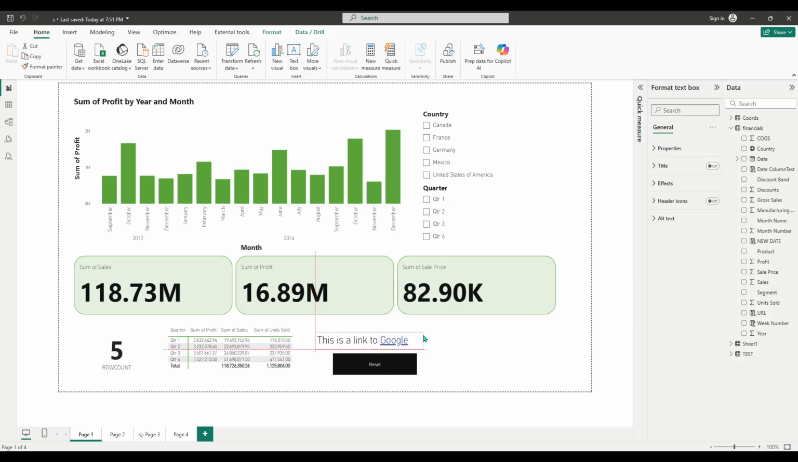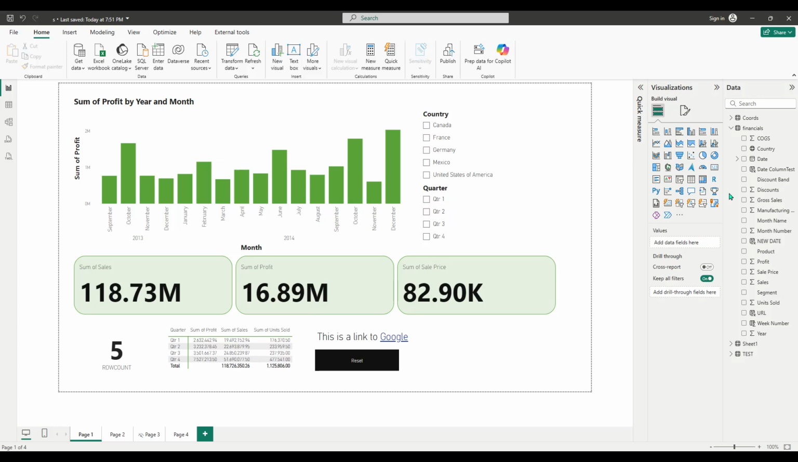Look to the right of the report canvas and find the Visualizations pane. This is where all the visual types live. If you don't see it fully, expand it so you can view all your visual options. As you browse, move your mouse over a visual icon to display a tooltip that tells you exactly what that visual is. This is helpful if you're still learning the different icons and want a quick confirmation before you add